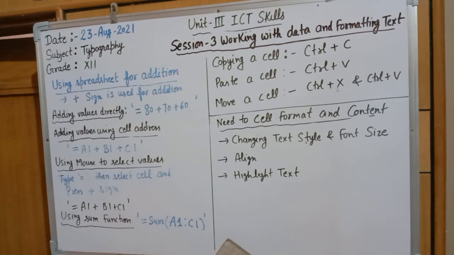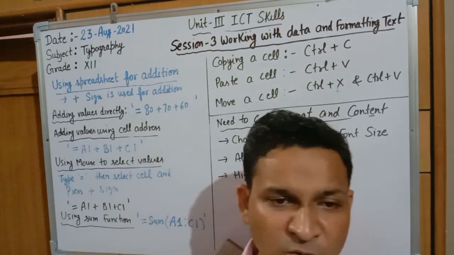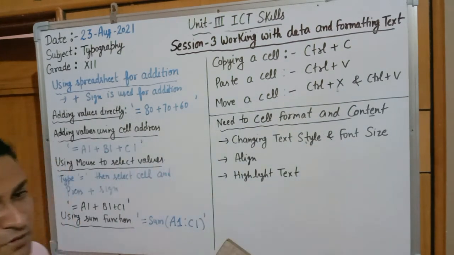Now, using the sum function, these were all formulas. In an Excel sheet, the function name is equal to SUM. Here also the sum function is used. So the sum function will be written like equal to SUM, first value and last value. It is known as cell range. The difference is that here we use single quotes for formulas, but in an Excel sheet it works without any quote. So it will be written like equal to SUM(A1:C1).